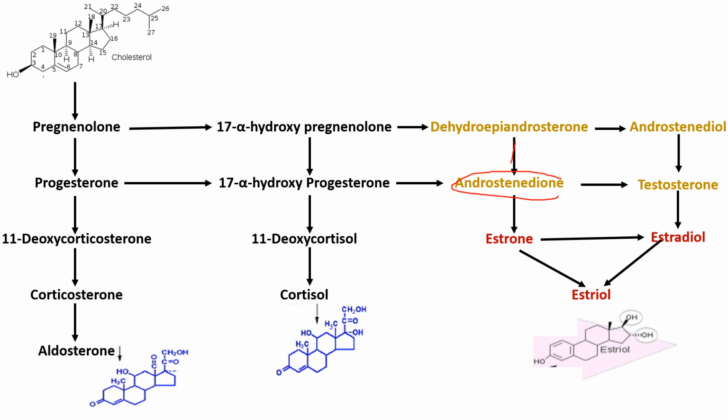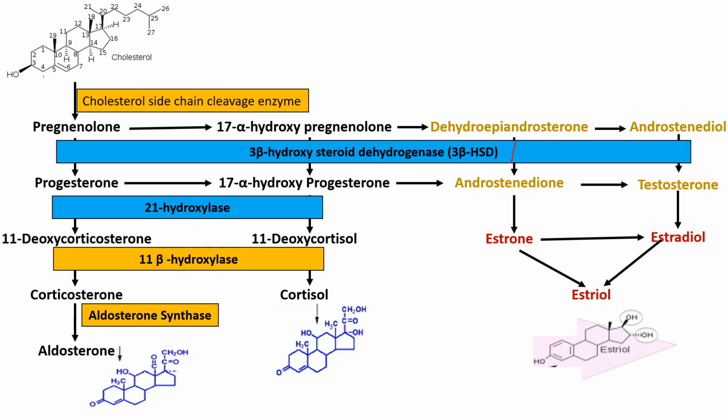enzymes. So first, the conversion of cholesterol to pregnenolone. This conversion is done by cholesterol side chain cleavage enzyme, which removes this side chain of the cholesterol from these portions. And then these four pathways: pregnenolone to progesterone, 17 alpha hydroxypregnenolone to 17 alpha hydroxyprogesterone, dehydroepiandrosterone to androstenedione, and